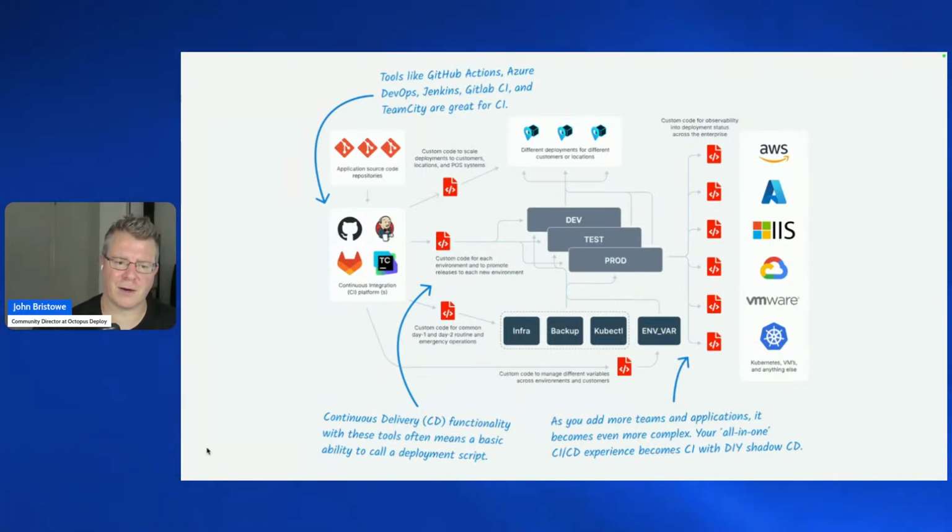So a very complicated diagram, but before Octopus Deploy, it might look something like this, where you have code in the top left corner residing in Git. That would be utilized by a bunch of CI processes and servers. And then a bunch of other stuff would happen. So CD was kind of this hope, if you will, through a bunch of custom scripts. Not to mention, you've got a whole smattering of different environments, dev, test, prod, and even more, combined with a bunch of different tools and environment variables, and it's just a mess. And so ultimately, this is part of the problem of what we're trying to address.